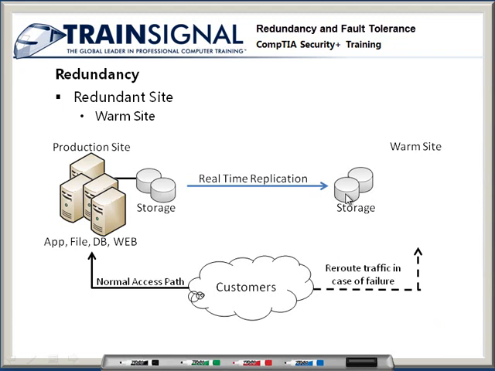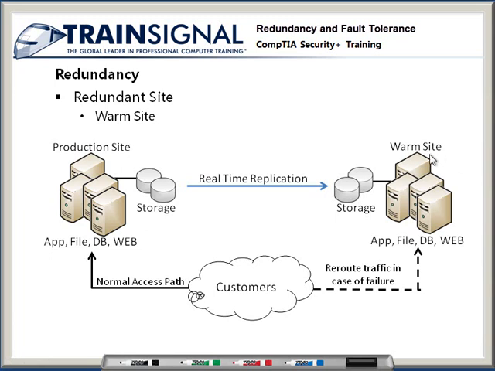But should there be a disaster that occurs back at the production site, the company would then send people out to the warm site, the disaster recovery facility, and they would actually go into a recovery mode where they would take shared servers and they would build them out with operating systems and put the applications on them and put the infrastructure in place in order to get back in business. It doesn't cost as much to do this, but it certainly takes longer to get your business back up and